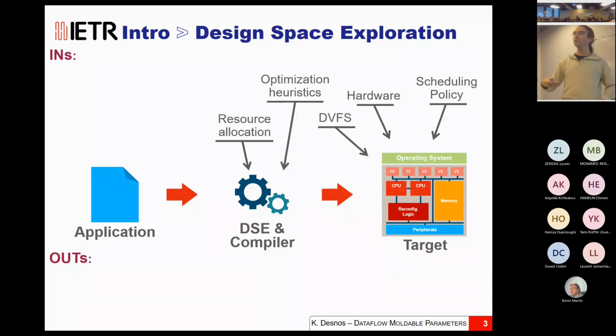When you run the application on the target, there are still a lot of things that you can play with, and you can make some decisions during the DSE, the design space exploration process. But some decisions can also be made dynamically when running the application. So you can change the dynamic voltage and frequency scaling of the chip. Sometimes you can also change the hardware. If you have some reconfigurable logic in your chip, maybe you can add an accelerator dynamically, or you can decide at compilation time that you want to add this accelerator or this other accelerator. And you can also play with the scheduling policy, which in non-real-time applications may be completely dynamic. So you have a lot of things to play with also on the target side.